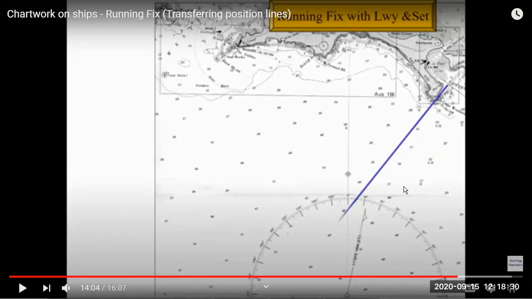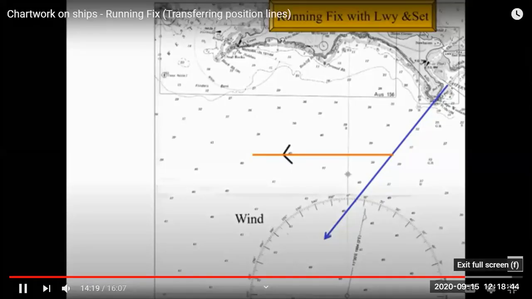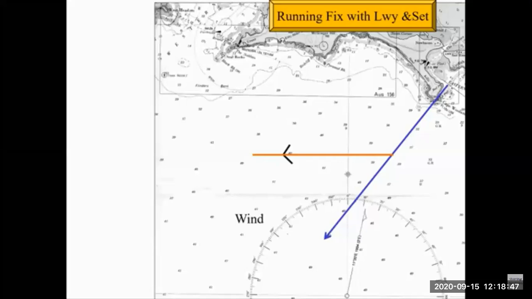So same, we have an initial bearing and then we have the ship's course to steer and distance. So we plot the course and distance, and then we have the leeway like the previous example. So we have the wind and the leeway which is given. So wind is southerly and it will take the ship towards the land, that is towards north 15 degrees. So we get the leeway track, and that will be our new course leeway track.